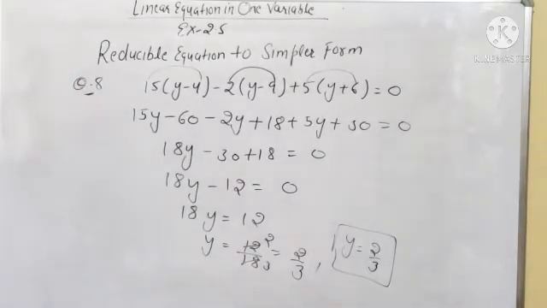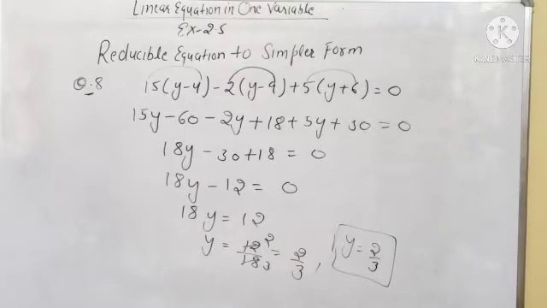It will be 2 by 3. Clear? So simple linear equations are given. So how will you solve this type of equation? First you will open the bracket using the help of distributive property. After the multiplication you will get a linear equation. In this equation first you will equate all the variable values, after that all the constant values. Variable value one side, constant value one side, and after that find out the value of the variable. Clear? So y will be equal to 2/3. Next question.